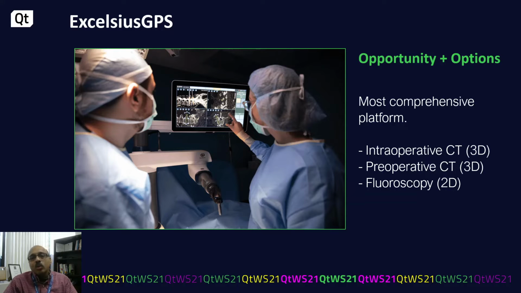Our robot can also work with preoperative CT, which is a CT scan typically taken in the radiology department, and then we register these images inside the operating room using C-arms or 2D X-ray machines. We can of course navigate only on 2D X-rays. Now, not many surgeons would use it, but there are some surgeons who are finding that using our Excelsius GPS technology with just plain 2D X-rays is actually saving them a lot of time and X-ray dose.